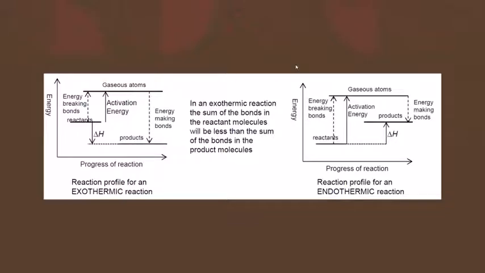Now, how can we work out the energy change using bond breaking and bond forming? For an exothermic reaction, the energy of the reactants is higher and the energy of the products is lower. The minimum possible energy for us to start the reaction is called the activation energy. When they reach the activation energy, they will react and form the product. So if I give an example,